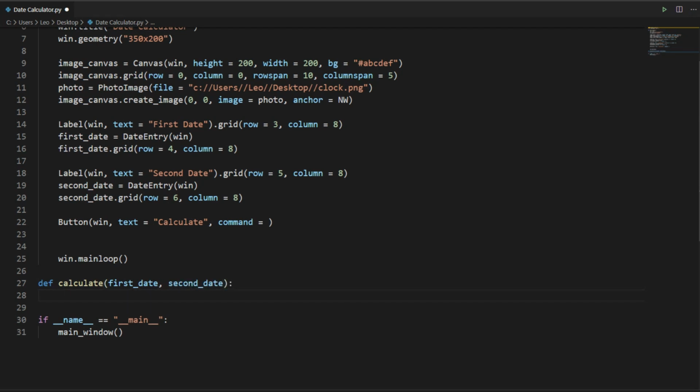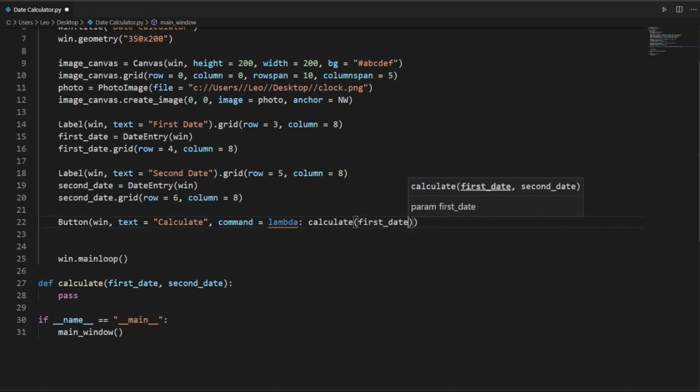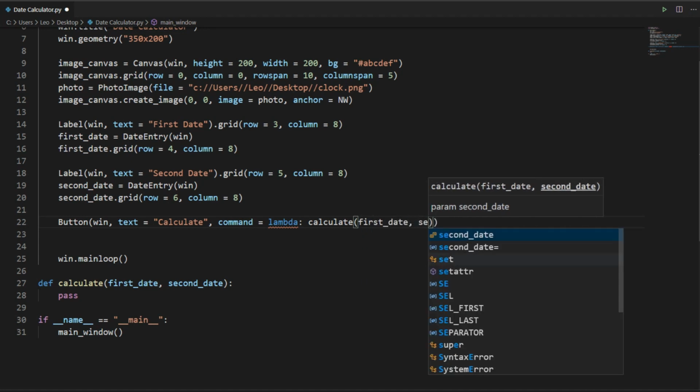And we'll just simply type pass over here. We can use a lambda function. A lambda function is simply a one-line function that can do anything a normal function can do. So we are just calling this function inside our lambda function. Let's try calculate over here and pass in arguments, first date and second date.